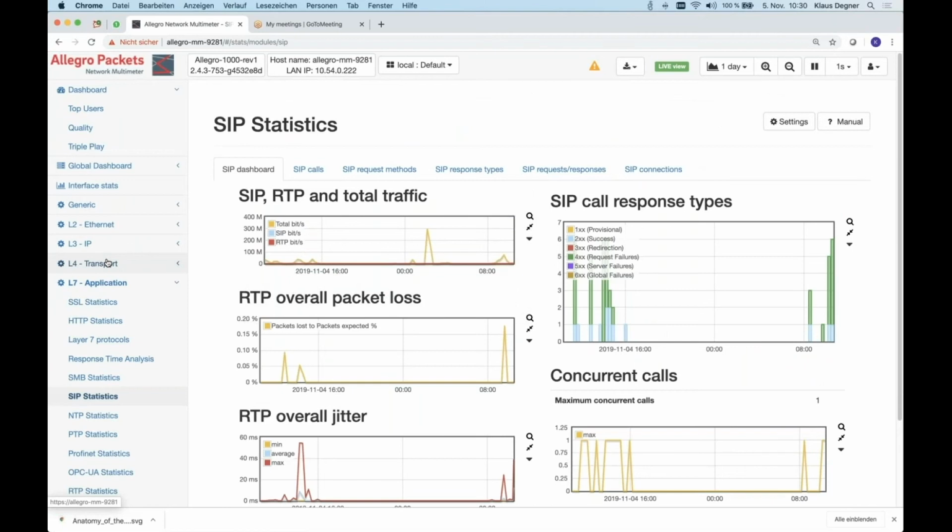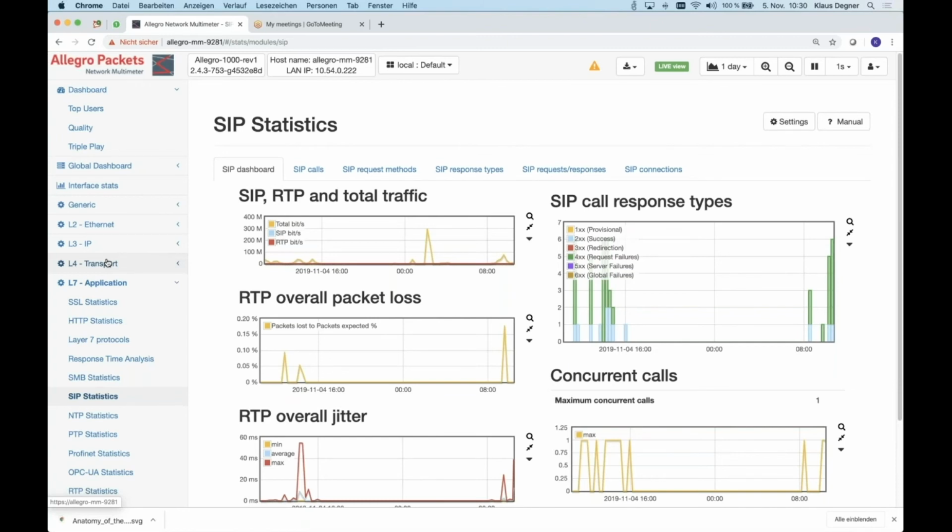Also very important, of course, is the SIP statistic. I know very few offices who have not gone to SIP, but almost all, let's say, enterprises have moved or will move to SIP or something similar.